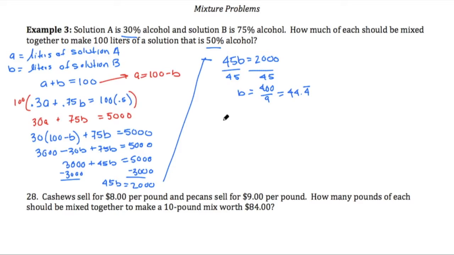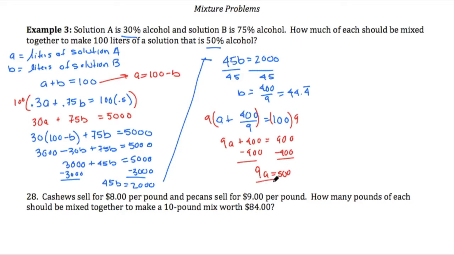So we remember that a plus b is 100. So a plus, I'm going to go ahead with the improper fraction here, 400/9 is equal to 100. So just to make my life easier, I'm going to multiply both sides of this equation by 9. So 9a plus 400 equals 900. Subtract 400 from both sides. 9a equals 500. And if I divide both sides by 9, I get a is 500/9, or